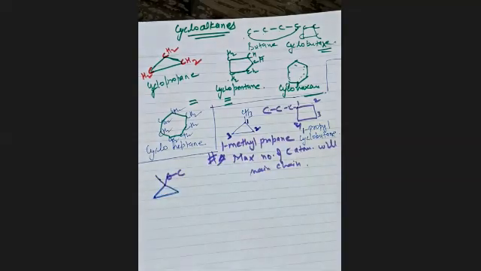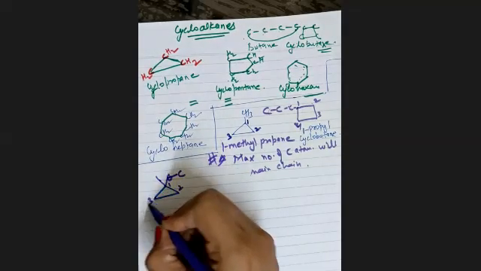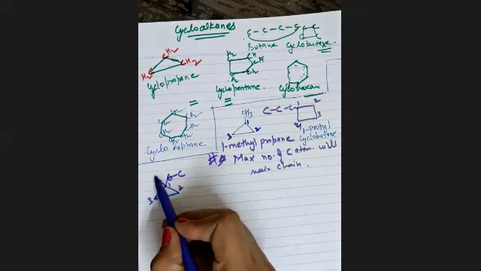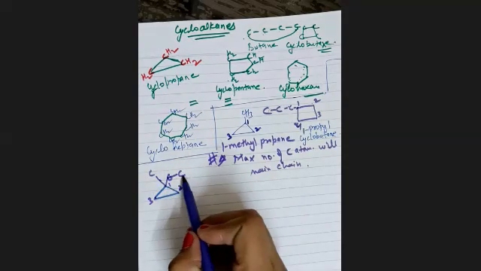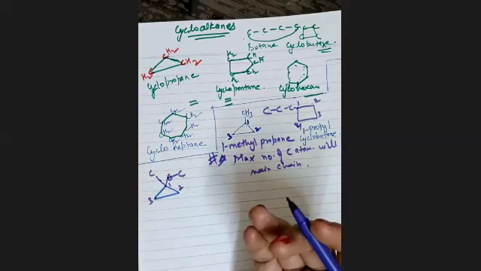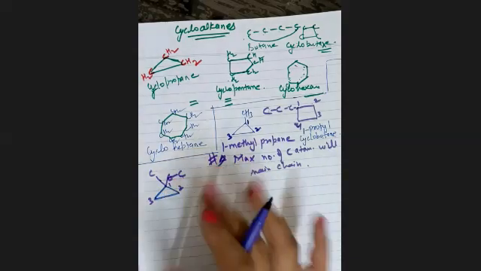Sometimes you get this type of question. What will be the nomenclature? Since we have this carbon chain 1, 2, 3, this is our main compound, and with the first carbon we have two branches. One is the methyl and another one is ethyl. Whenever we do nomenclature of the substituent species, we'll write it in a bracket like this.